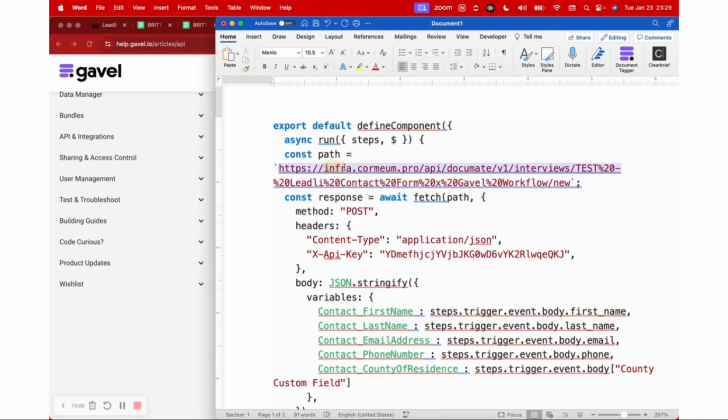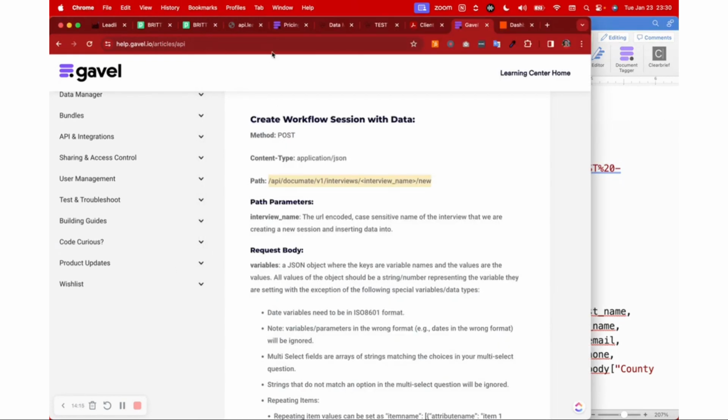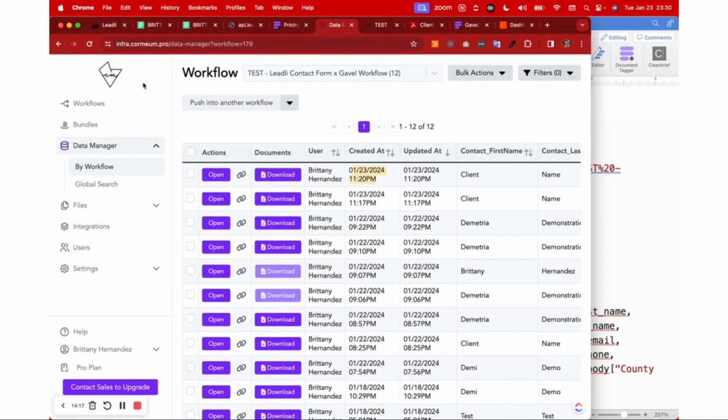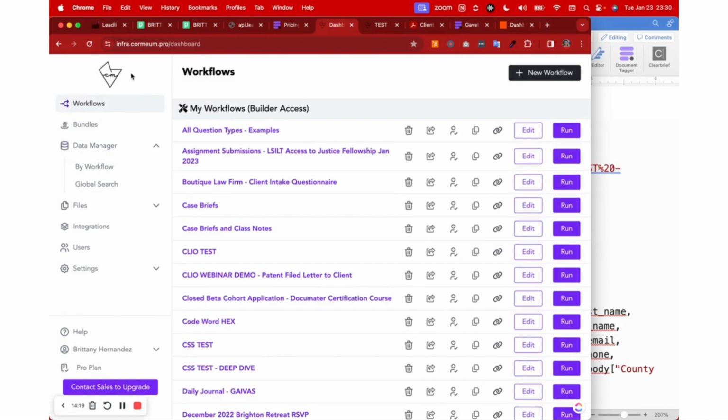So let's say yours is like cormeum.gavel.io. This comes from your actual account in Gavel. In my case, mine is a custom subdomain, info.cormeum.pro,